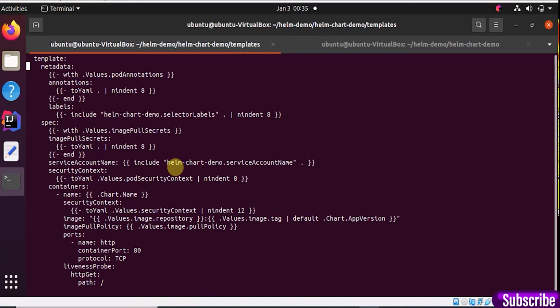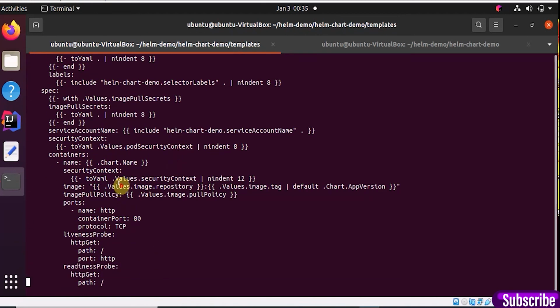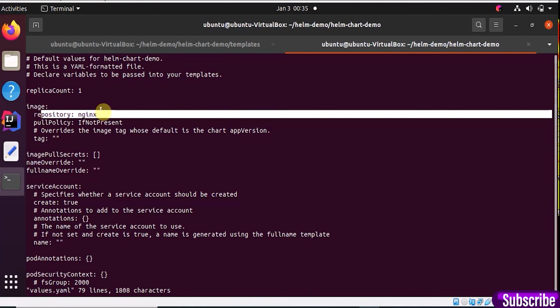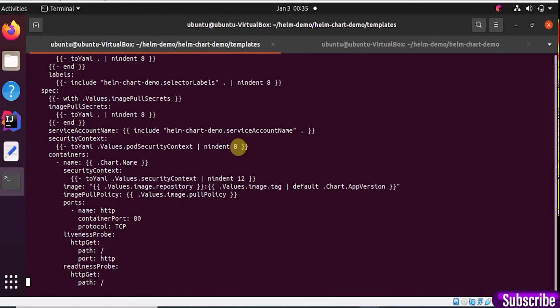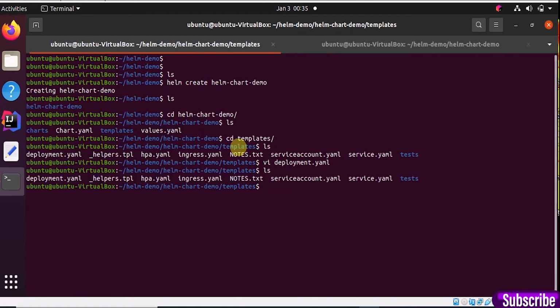These values, such as values.image.repository, are read from inside the values file: image, and then repository. This will be read from here. So we have seen how to create a sample template of Helm charts.